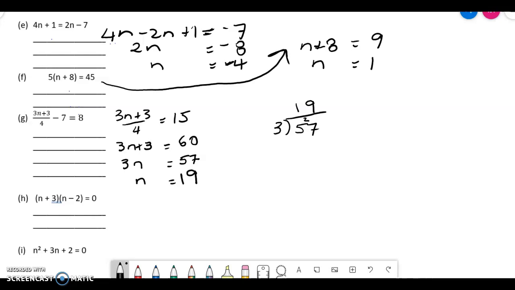For this one here, we're going to use something called FOIL. FOIL reminds us of first, outer, inner, and last. And this is all about timesing them together. So if I multiply together the first things in the brackets, I'm going to get n squared, n times n. If I multiply together the outer things, it's n times negative 2, which is going to be negative 2n. If I times together the inner things, positive 3 times n is plus 3n. And if I times together the lasts,